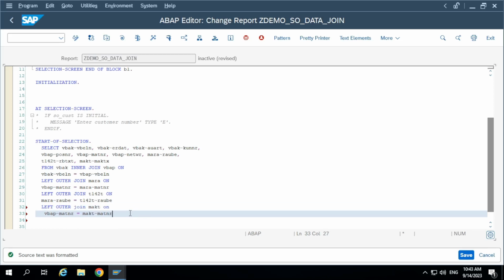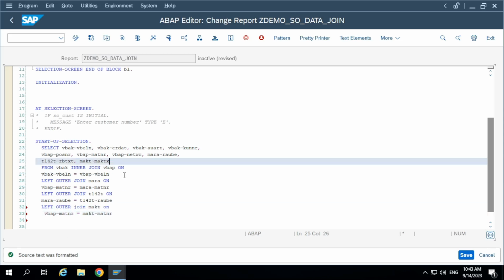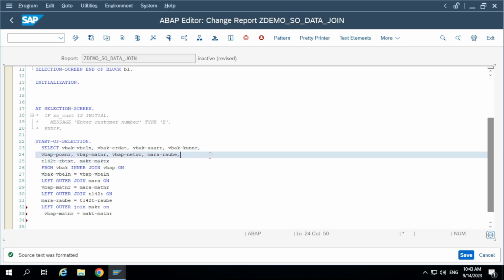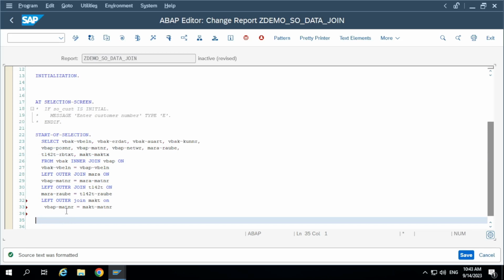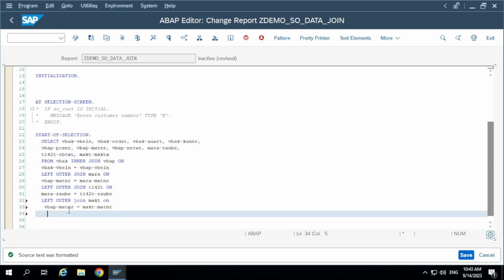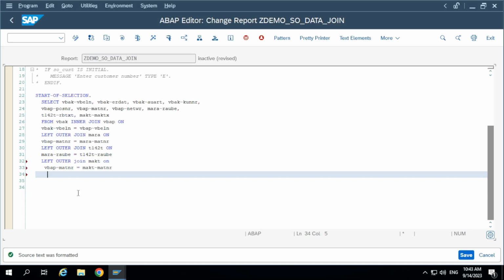That's it, right? If you want to select another data, for example, material type, add material type and its corresponding text table. Add one more join on the text table. Like that you need to add more join conditions, depending on the number of tables you are selecting. Here, how many tables we are using? 1, 2, 3, 4, 5 tables we are using, right? We are joining 5 tables